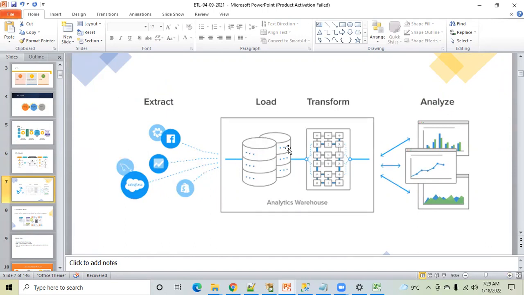After that, what will you do? You will apply calculations, right? You will apply your business formula. So that is what I'm showing here. You have plus, minus, multiply, and all those things. Once you apply the formula, you have cleansed the data. Then what will you do? You will show that on reports.